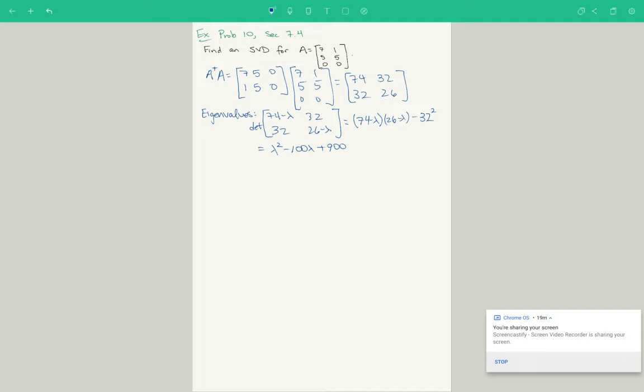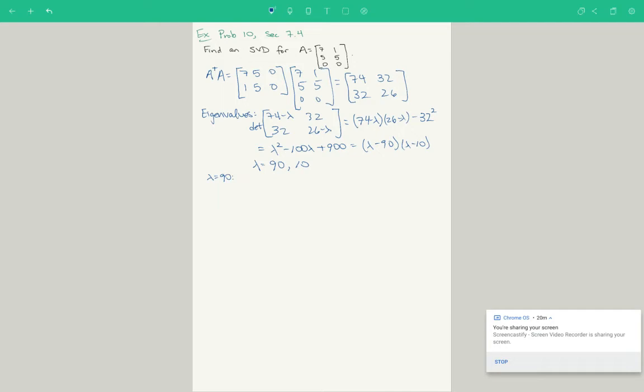And we can further factor this polynomial into (lambda minus 90) times (lambda minus 10). So that means that our eigenvalues are lambda equals 90 and lambda equals 10. So we found our eigenvalues. Our next step is to find our eigenvectors. So these would be the bases for our eigenspaces. Since we want to put this in decreasing order ultimately, let's start off with the bigger one, lambda equals